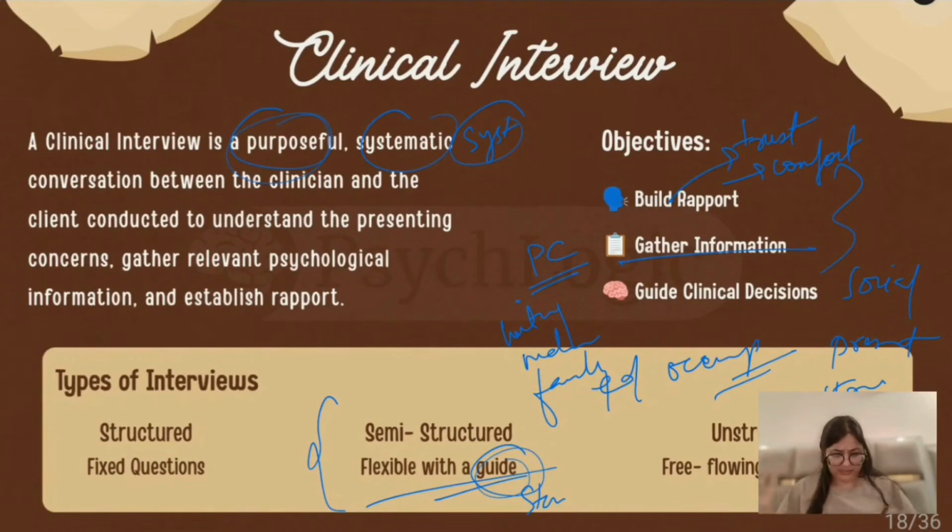Then is unstructured. That is free flowing conversation. It's open ended, but it's not unpurposeful. It still has a purpose. Okay. It gives you space. It gives you the space to understand, and the client the space to express. Okay, great. Now let's move on to